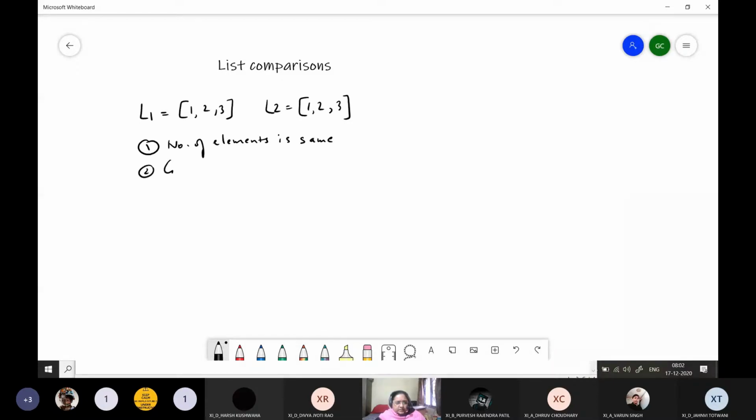Secondly, corresponding elements in both lists are the same. That is, if I consider list 1 and list 2, list 1 contains 1, 2 and 3. List 2 also contains 1, 2 and 3.